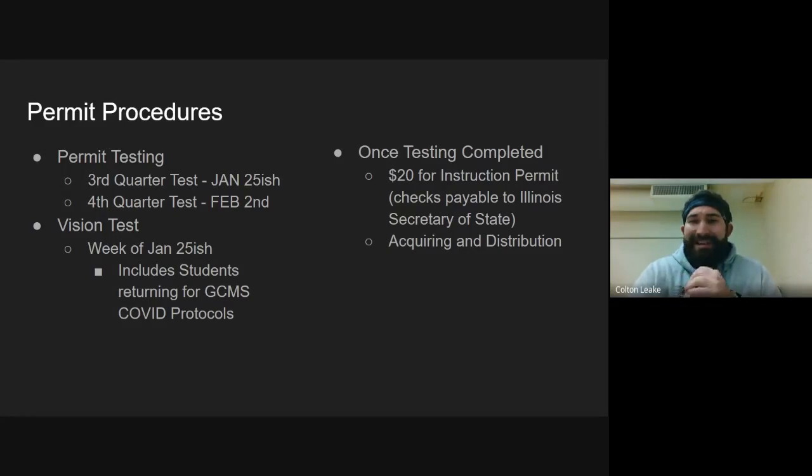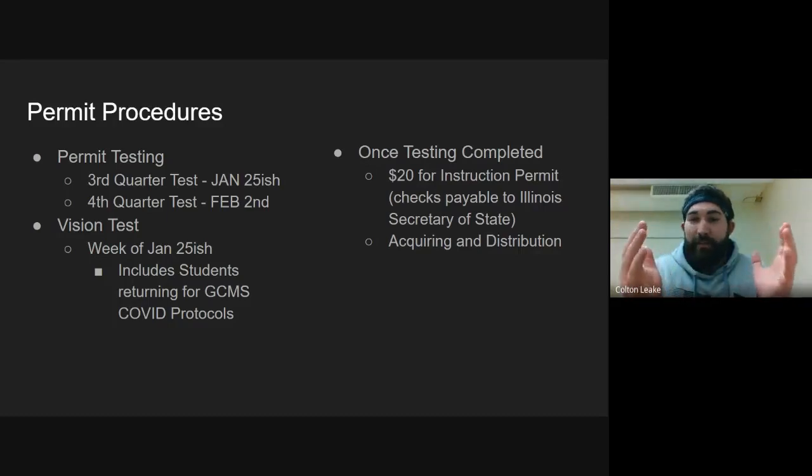If for some reason there is an issue that arises, and every once in a while this does happen, then we have to take some extra steps, and if your child happens to be one of those individuals, I will be in communication with you as to what we have to do. But usually the only restriction we see in regards to permits is that the permit is truly only valid during daylight hours.